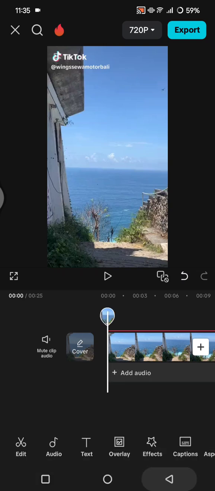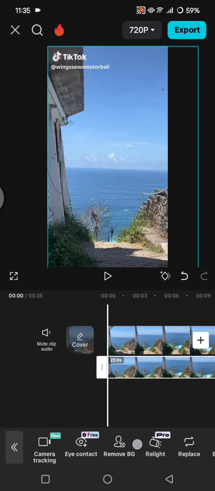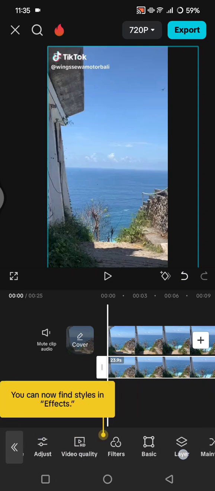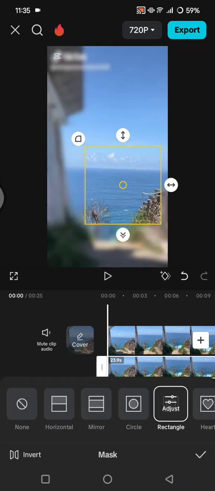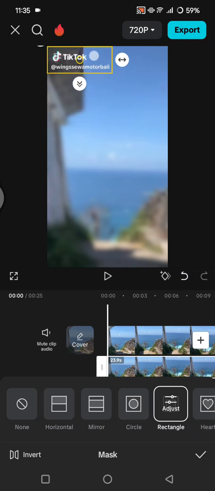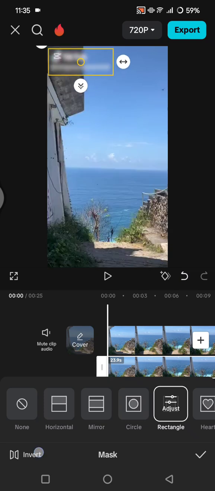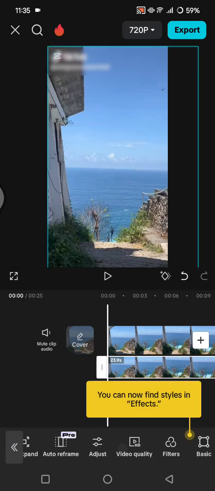Now you can go to overlay, tap on the overlay in here, find mask, this one. Here I'm going to choose the rectangle shape. Now you can adjust the size so that it fits the watermark in here. Then you can tap on invert, so now the watermark will be blurred. You can click on the check icon, and to make it more natural, you can also add some feather